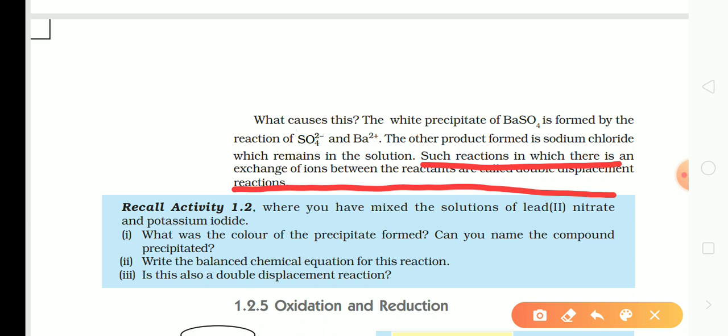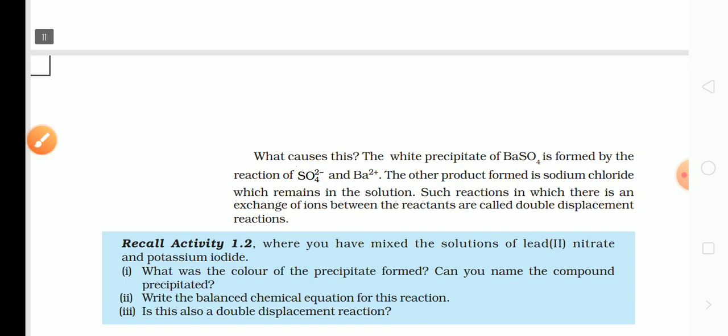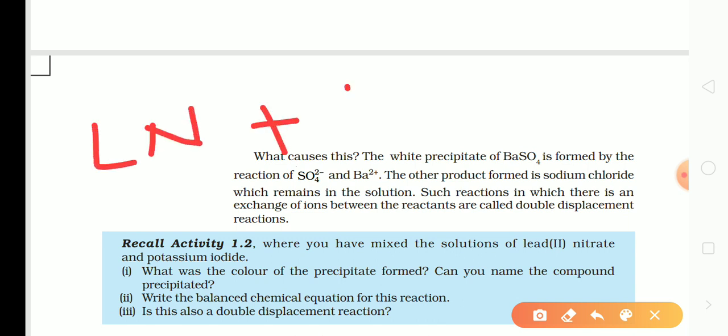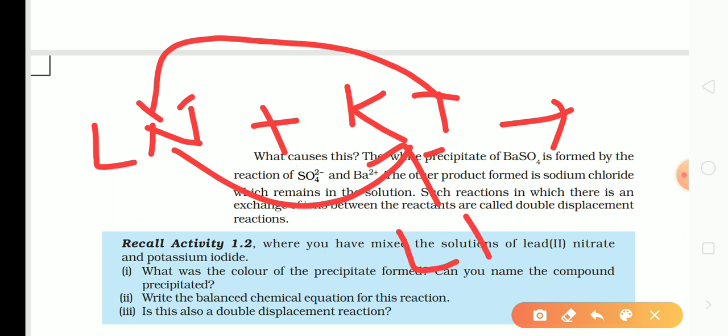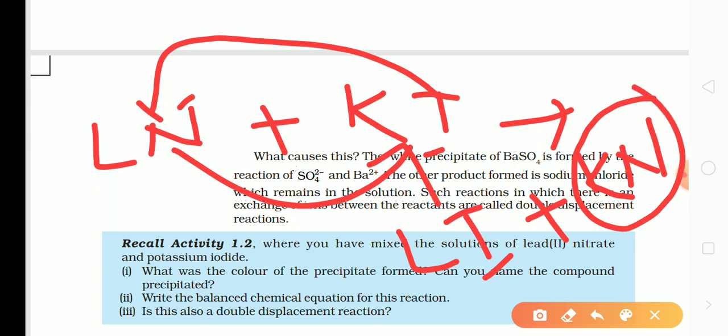Okay, so when there is lead, I am not giving you the exact formula. Lead nitrate was there plus potassium iodide was there. So automatically what would happen? Iodide will go to lead and nitrate will go to K. So we will be getting lead iodide and potassium nitrate. Potassium nitrate is soluble, and lead iodide is the precipitate. Lead iodide is the precipitate, and they have asked you to write the balanced chemical reaction. It is already given there on the previous page, I think.